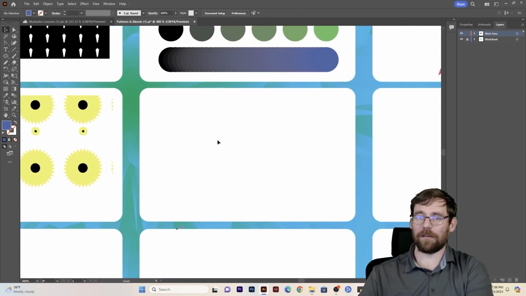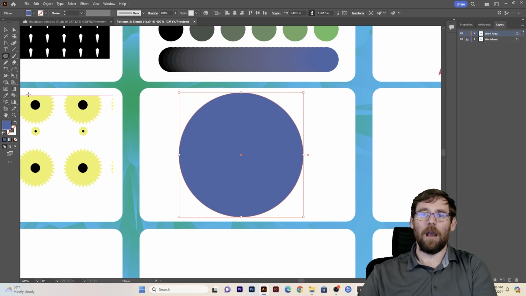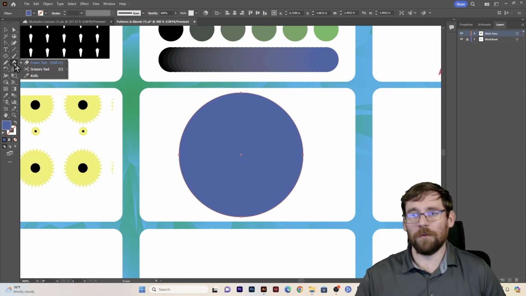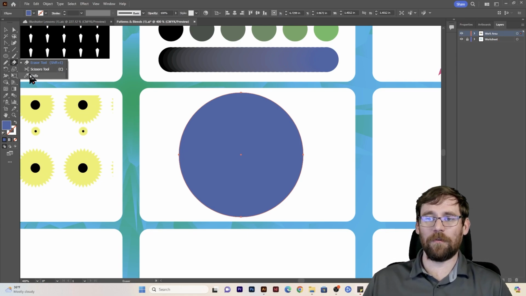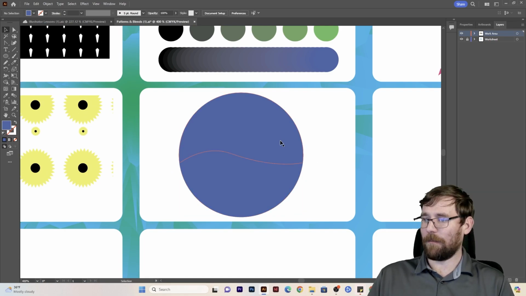So let's create something interesting on this one. I want you to create a circle down here. Any color circle will do. I want you to find your knife tool. Your knife tool is underneath your eraser tool, so you're going to click and hold on your eraser tool and find your knife. I want you to carve kind of a wave into this,